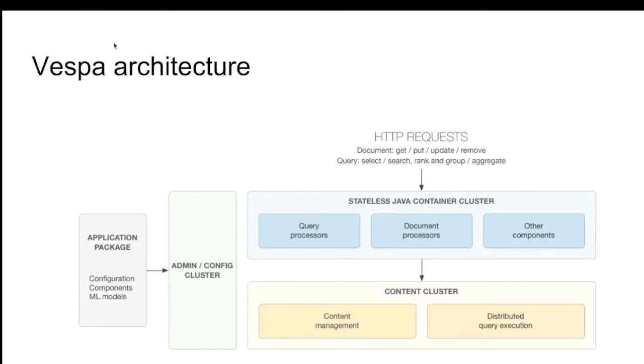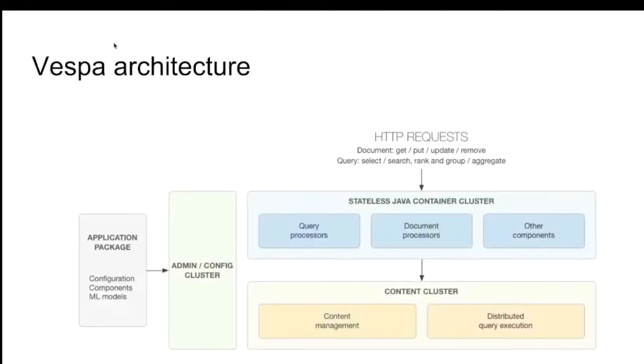And this is all C++ because it's optimized to handle all that data efficiently. And we have a third kind of cluster, which is what we call the administration cluster, which sets up and controls these clusters and nodes and processes for you, so you don't need to do that manually as a user.